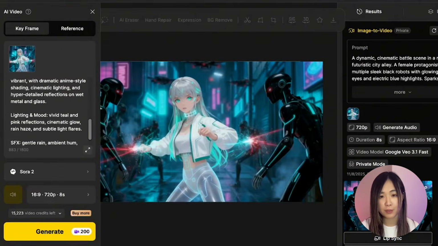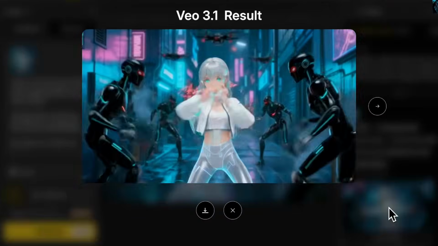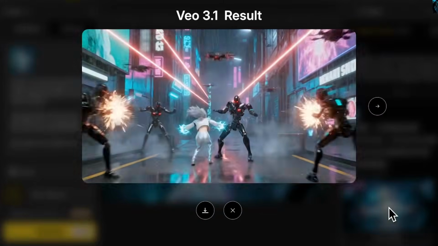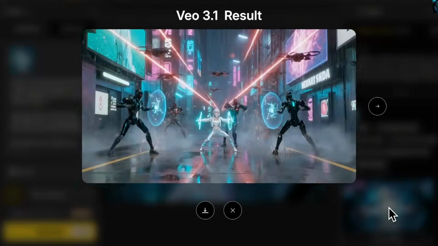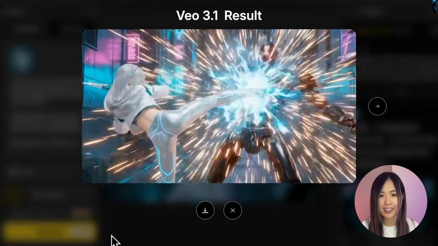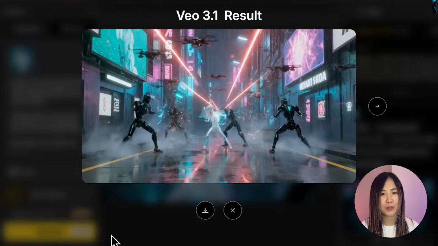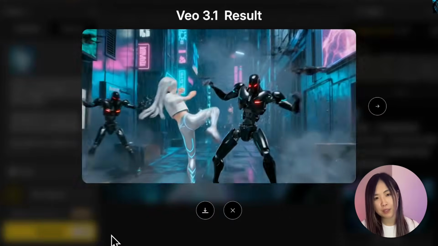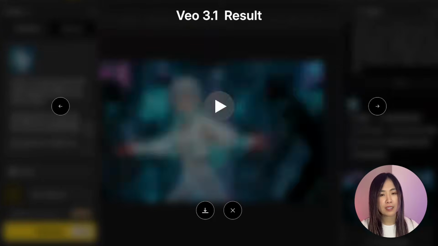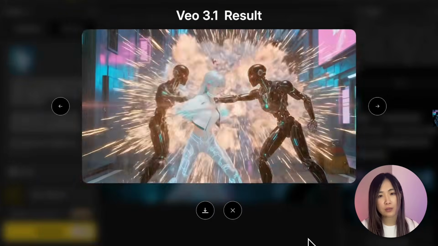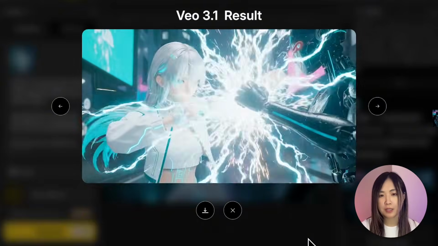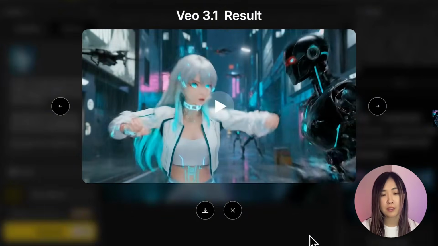And here are the Veo 3.1 results. I find that most of the time Veo 3.1 are pretty awkward, and also the style tends to drift more away from anime. I tried several variations, but I couldn't really find a good one, to be honest. Overall, for fast anime fight scene, Sora 2 handled it a lot better than Veo 3.1. But that said, I think I can probably still speed up or trim down some parts of the Veo 3.1